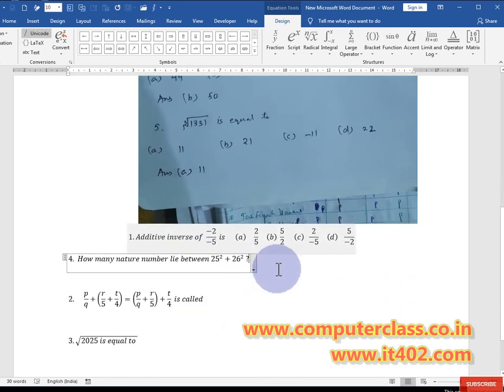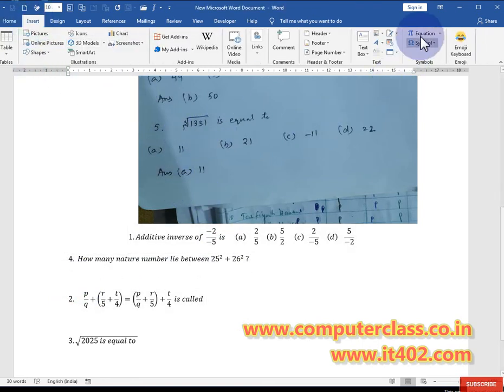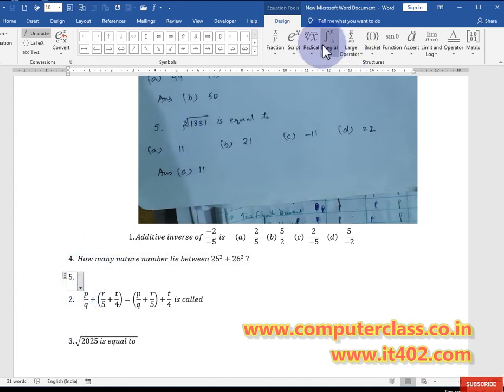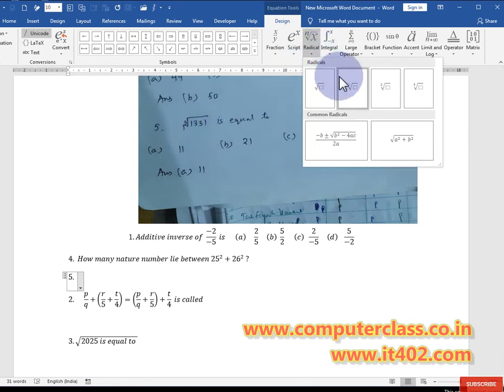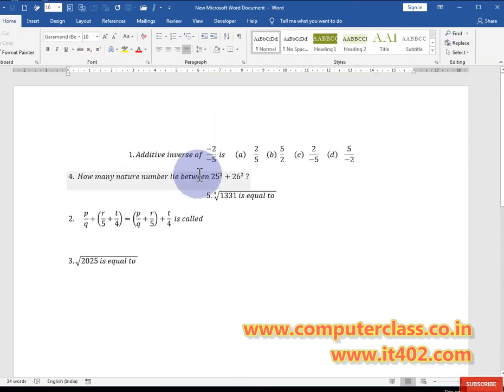And the last question is this one. You just need to write the questions, the answer is in the form of a number, so you don't need to write it. So for question 5, you need to use this particular structure. Click here, this is the structure, and here there is also 2 in the power 3, so just click on 3 and use 1 3 3 is equal to. So these are the tasks for Microsoft Word.